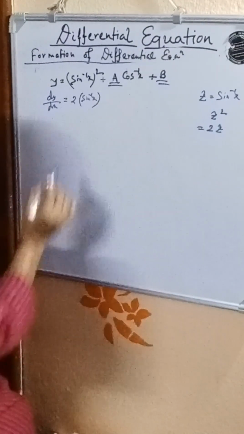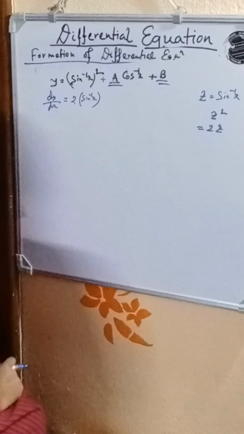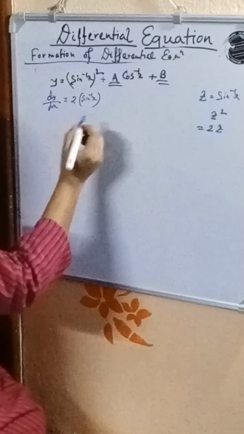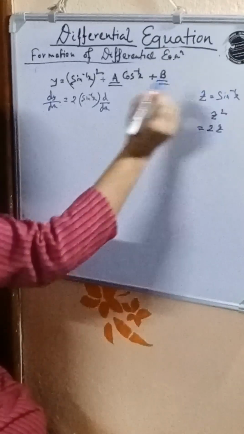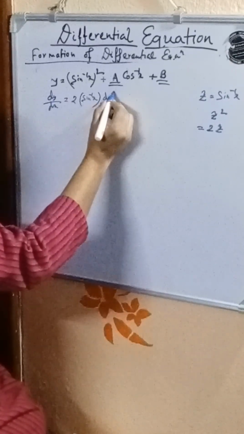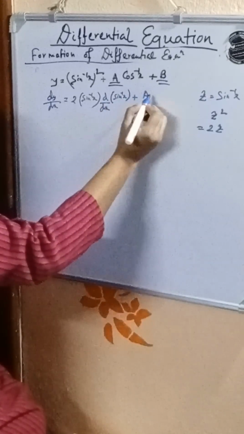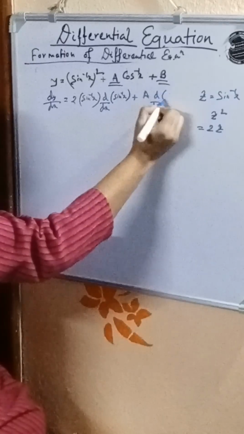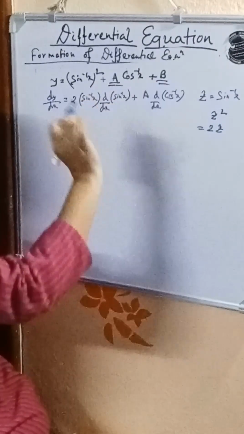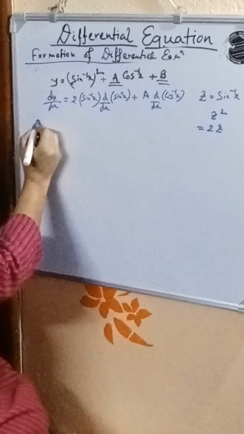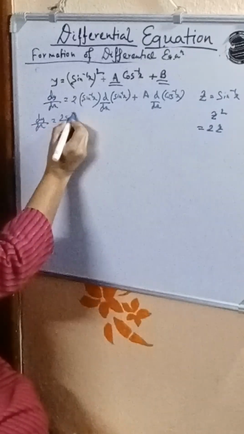So the derivative of (sin inverse x) whole square is 2 sin inverse x times the derivative of sin inverse x, plus a times the derivative of cos inverse x. The constant b has derivative 0. So dy/dx equals 2 sin inverse x